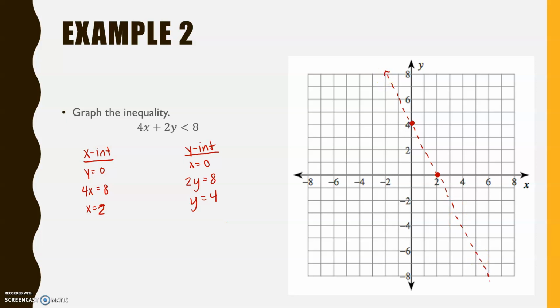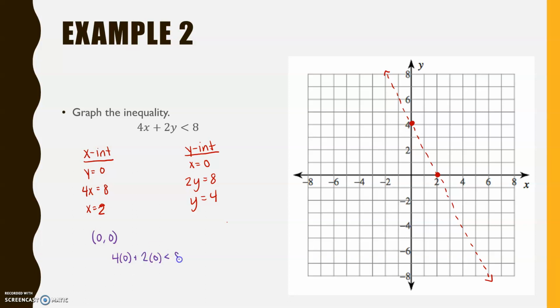Put your arrows on the end, and then pick a test point. Again, 0, 0 does not go through the line, so I could use that as my point. And really I could use any point. I could use 0, -4, I could use 6, 5. It doesn't matter. I just like zeros, especially in standard form, because what's going to happen is